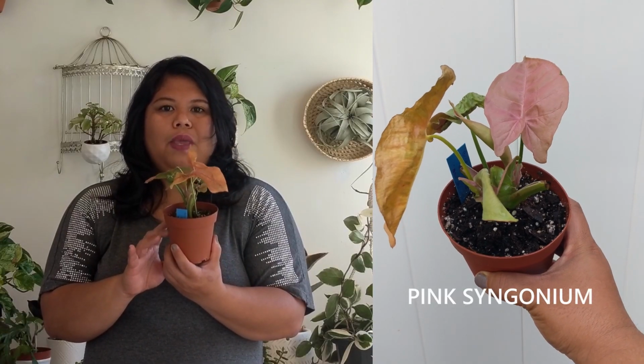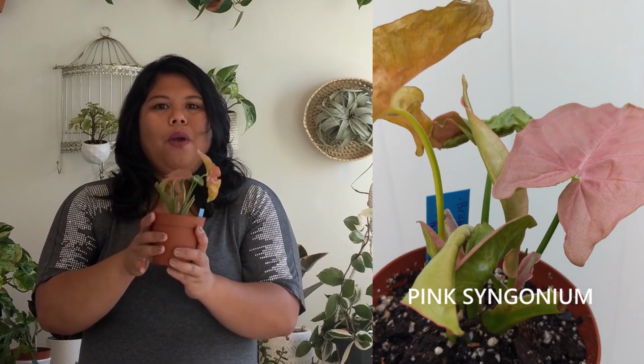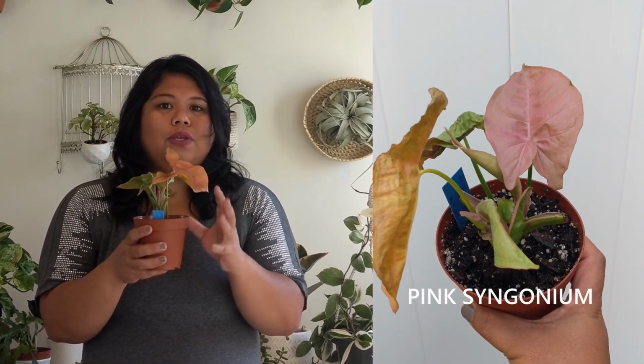The second plant that I went for was the pink syngonium. I've always seen this at Home Depot or Lowe's and always kept wanting to get it, but always ended up not getting it. I always hesitate whether I should get a pink syngonium or not. So this is one of those plants that I want to get but don't really want to spend money on. So when I saw someone brought it for the swap, this was definitely one of my choices to get